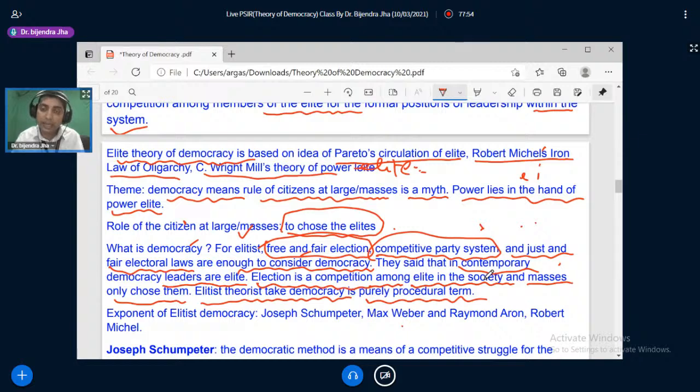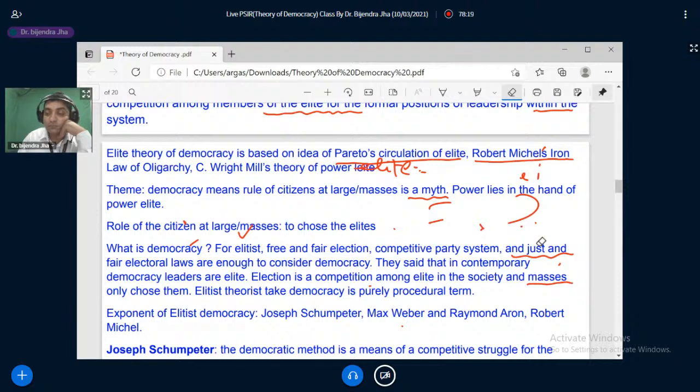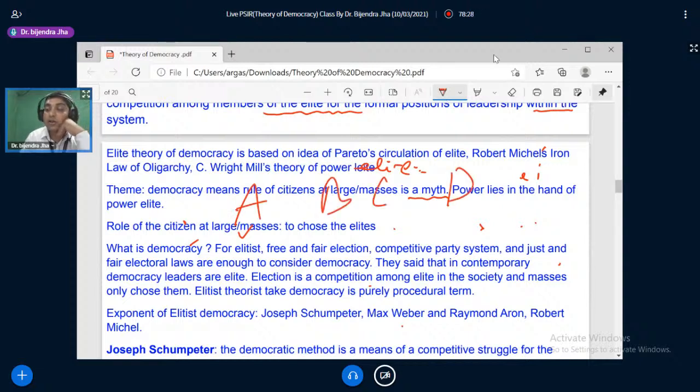जैसे हमारे यहाँ क्या है? FPTP, first past the post system. FPTP, फर्स्ट पास्ट द पोस्ट सिस्टम. इसमें क्या होता है कि किसी भी कॉन्स्टिट्यूएंसी में जिस कैंडिडेट को सबसे ज्यादा वोट मिलता है, अगर मान लीजिए कि 4 कैंडिडेट खड़े हैं आपके कॉन्स्टिट्यूएंसी में, राइट? कैंडिडेट ए, कैंडिडेट बी, कैंडिडेट सी और कैंडिडेट डी. राइट, और उस कॉन्स्टिट्यूएंसी में वोट कितना है, मान लीजिए हम 100, राइट, अगर 100 वोट है तो इसको मिल गया 28, इसको मिल गया 22, इसको मिल गया 26, तो कितना रह गया,